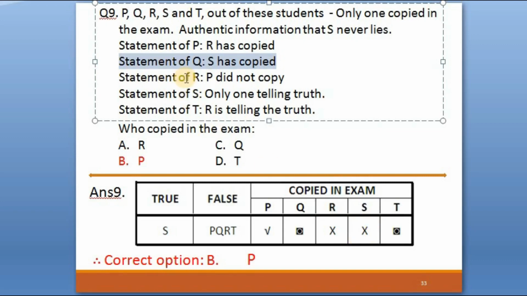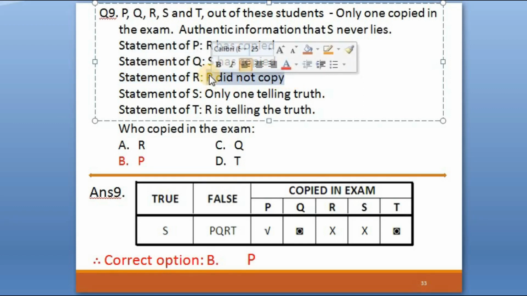Statement of R: P did not copy. Now since R is speaking the lie and he is saying P did not copy, it means actually P copied. So here we get the first clue that P copied. So we will mark it as